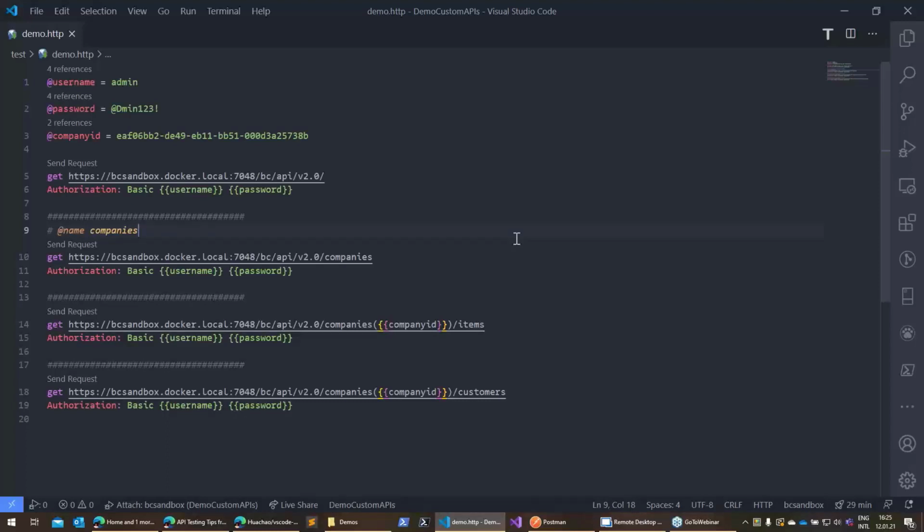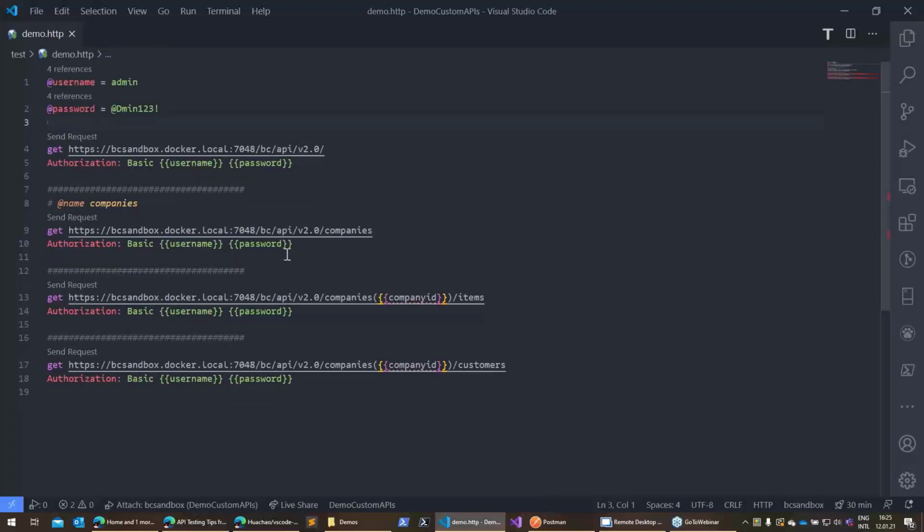So I call this one companies. That means that this request is now named companies. And the format for that is hashtag and then @name and then companies. So it's a little bit different from this here. And then here, after this,